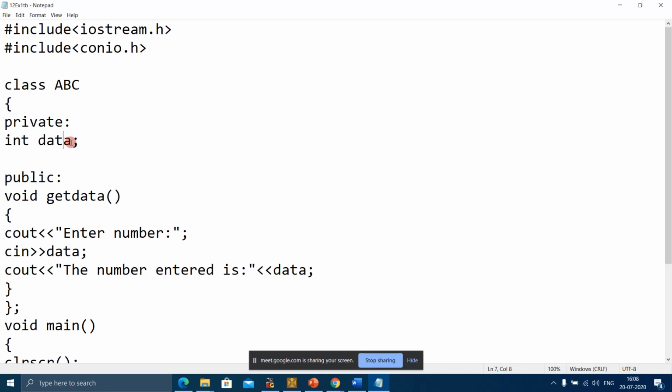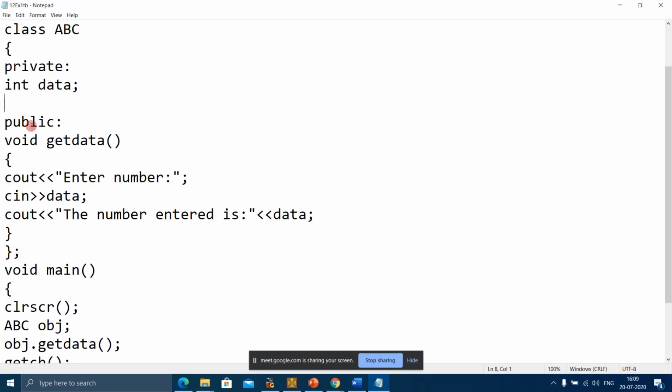So as you can see, this is a variable. Data is a variable of class ABC and its data type is int. Wherever you have a doubt, you can ask me. Unmute your mic and ask, because I might not be checking the chat box right now. So this is the int data type, and this is declared as private. I had told you different ways that below this also we can declare another variable that will also be private, because that is under this. I had explained that before also, and if possible I'll upload the videos. I have the videos with me.